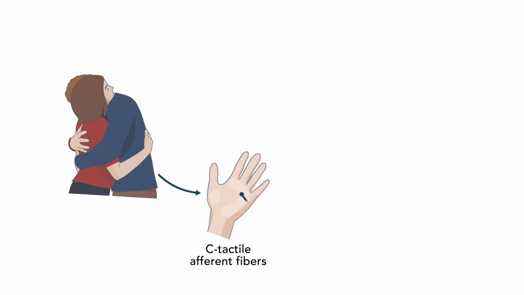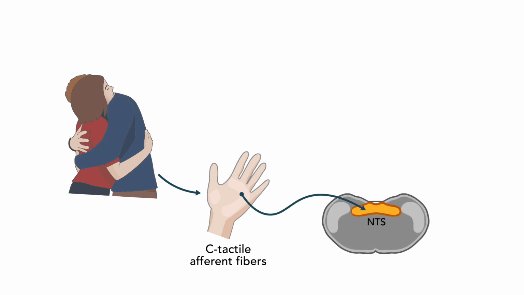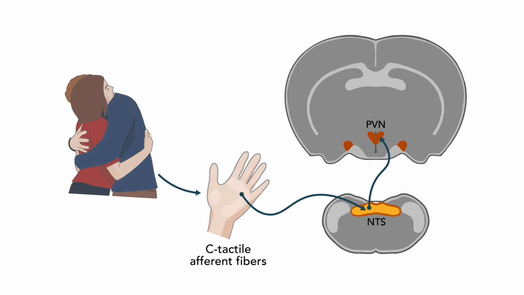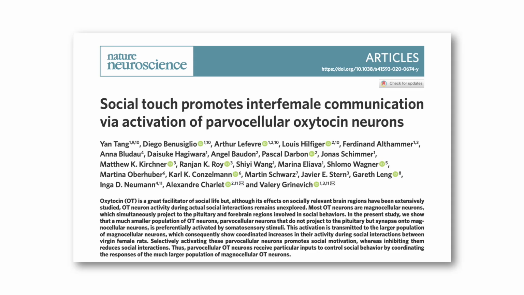These signals travel to the nucleus tractus solitarius, which then connects to the oxytocin neurons in the PVN. This creates a feed-forward loop. A gentle, comforting touch leads to the release of oxytocin, which reduces stress and reinforces bonding. Our study published in 2020 sheds new light on how specific oxytocin neurons in the paraventricular nucleus respond to social